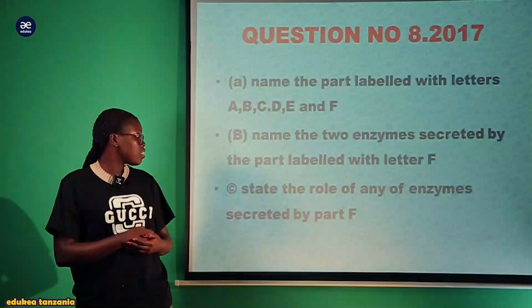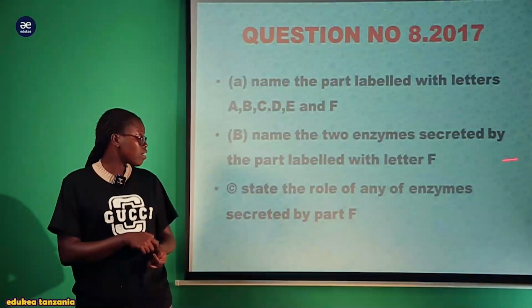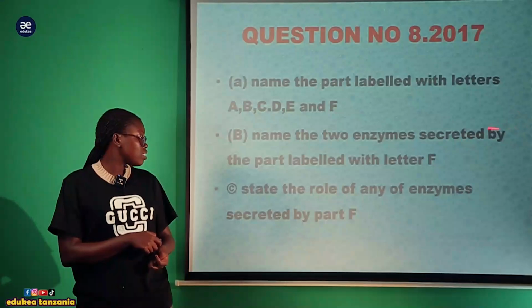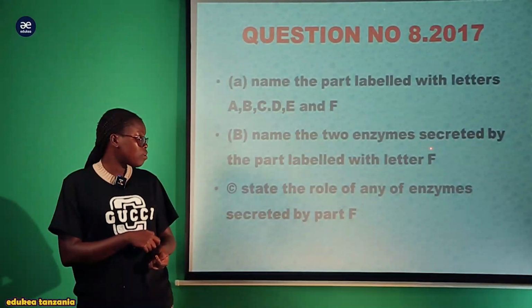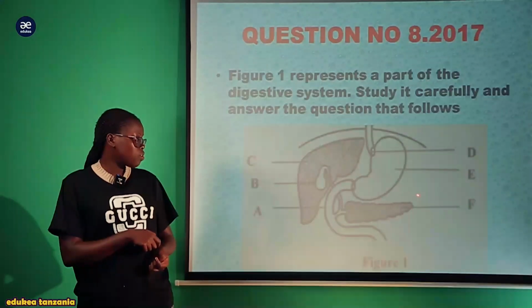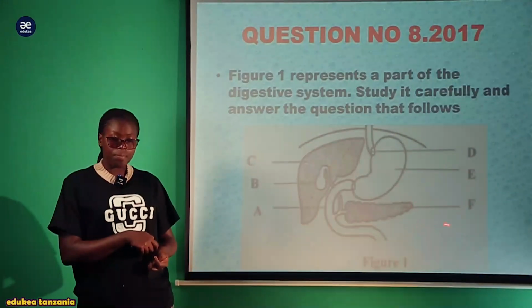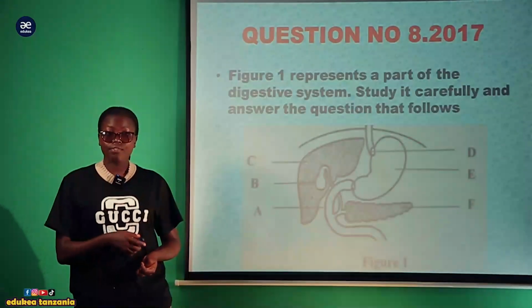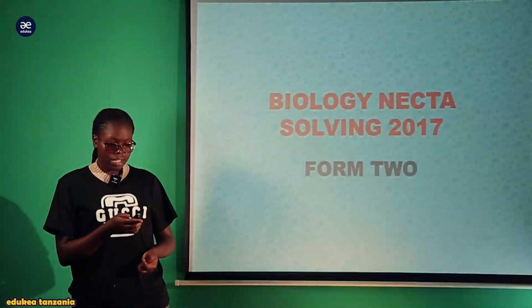The next question is, name the two enzymes secreted by the part labeled with the letter F. The letter F is this one. So you are needed to name the two enzymes which are secreted by this letter F. And the last question